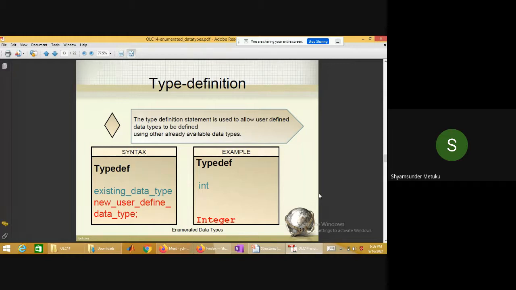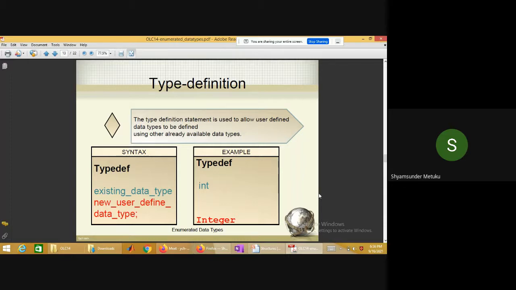Try to remember. On the left hand side, it is written that typedef should be a keyword. We should use a space, then the existing data type, which is written in blue color, followed by the new user defined name. Internally the functionality of the data type remains the same, but the name used for calling the data type is different.